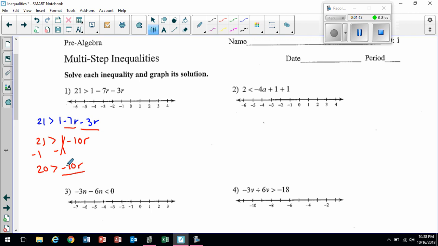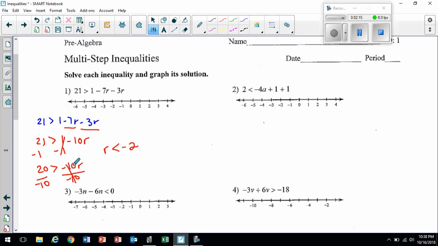Here's the deal. These two indicate what? They indicate multiplication. The opposite of multiplication is what? Division. So we're going to divide on both sides, but we're dividing by a negative. So what does this mean? We're going to be flipping our signs. So r is less than